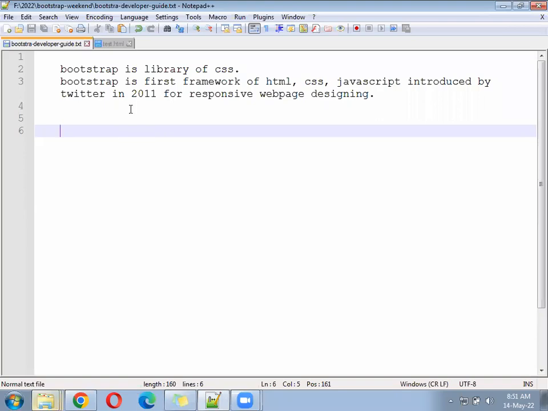Okay, it's a library of which one? CSS. Plus you can say it's a framework of HTML, CSS and JavaScript introduced by Twitter in 2011 for responsive web page designing. Now right there,